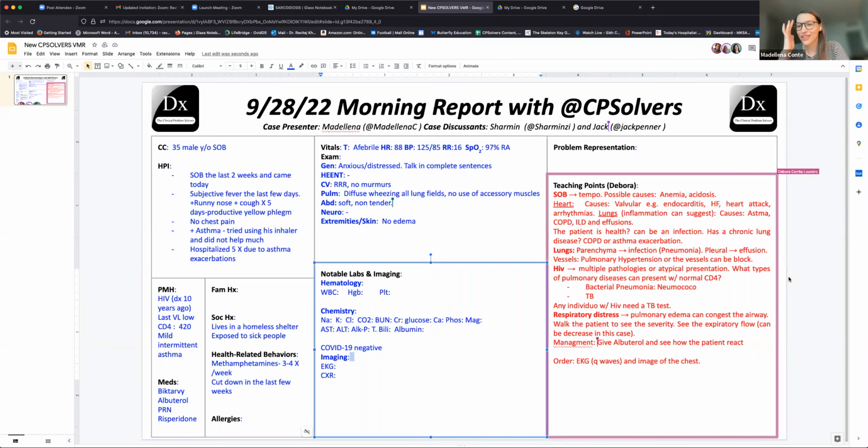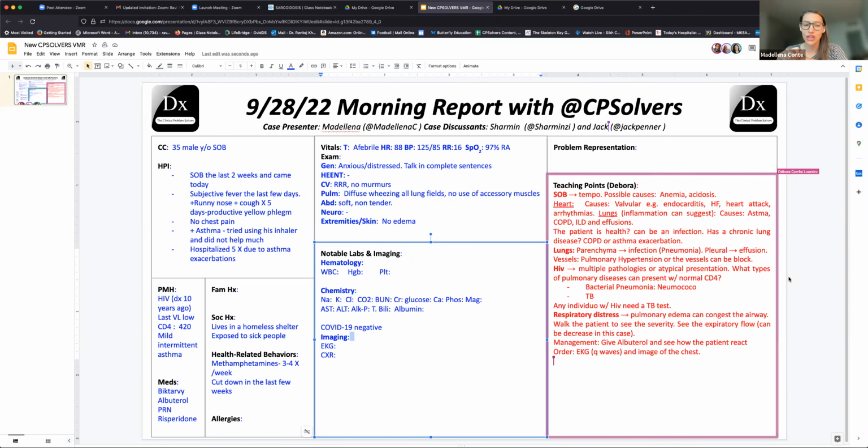Yeah, I love how what you guys are discussing mirrored exactly what we were trying to figure out in the clinic: really how severe is this patient? Do we need to send him to the ED or not? Especially given some of his risk factors. I think it was Alice who put this in the chat. So we wanted to get labs and a chest X-ray. We walked him to where he got his lab work, and his SpO2 stayed at 97%. So he was able to walk without any problems there.